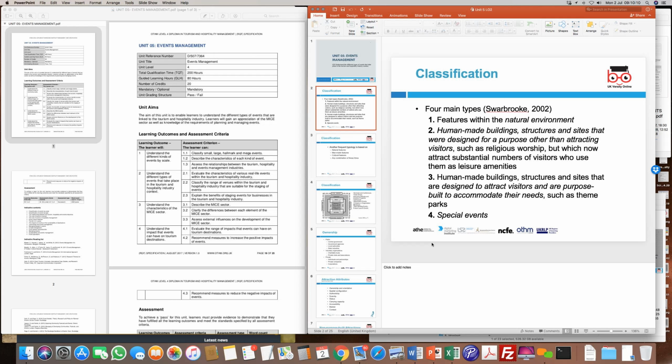The third is that they are structures or buildings or sites created primarily for leisure, not for religious reasons. So when I look at classifying Disney, for example, Disneyland, when we look at theme parks or event parks in particular, like safari parks, they are designed primarily for the purposes of attraction. They do not have any other reason, say a religious reason or a corporate reason, for example, or a personal reason or a family reason. They are primarily designed for leisure purposes.